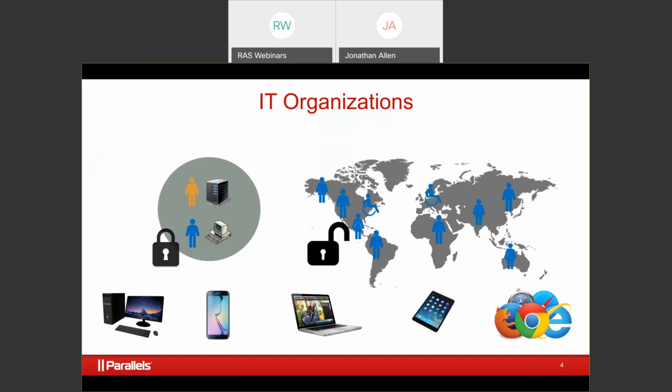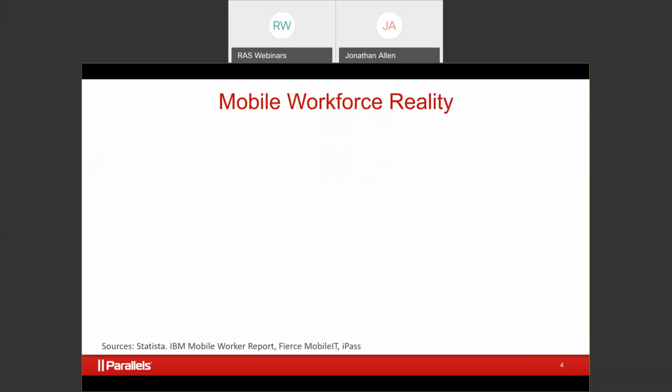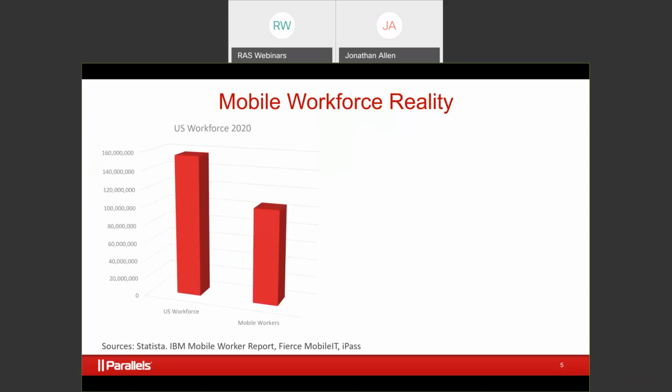Now, the reason this has really exploded, especially within the last 5 years, is what we call the mobile workforce reality. And the reality is out of the 160 million people in the United States alone that are working, about 102 to 105 million of them work remotely or work mobilely at least 1 or 2 days a week. Meaning that they have access to email, they have access to applications, maybe they have access to Salesforce on their phone.